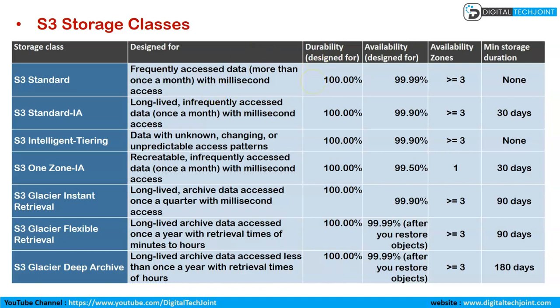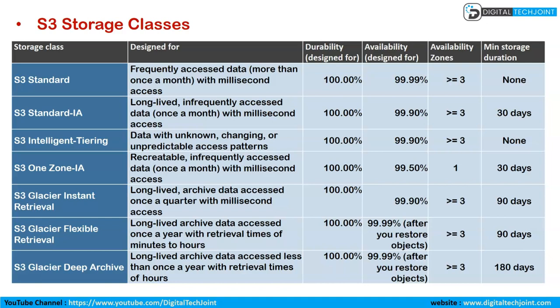Obviously here the cost will be less, but then you are adding a risk of losing your data if something goes wrong in that availability zone. Then you have S3 Glacier Instant Retrieval, then S3 Flexible Retrieval, and finally Glacier Deep Archive, where you don't access your data for more than a year or something, which is when you should go with this type of storage